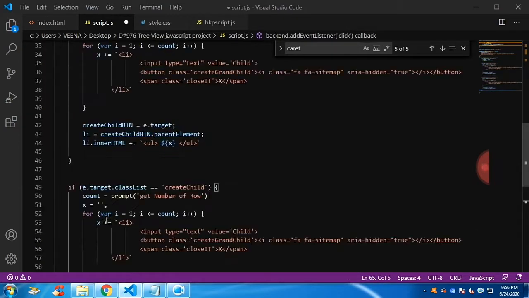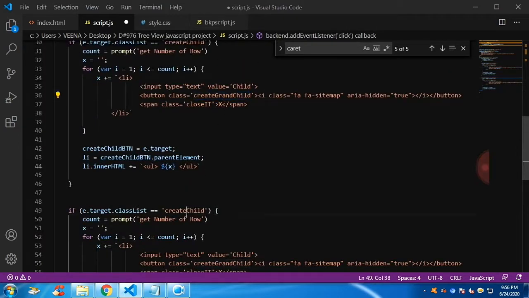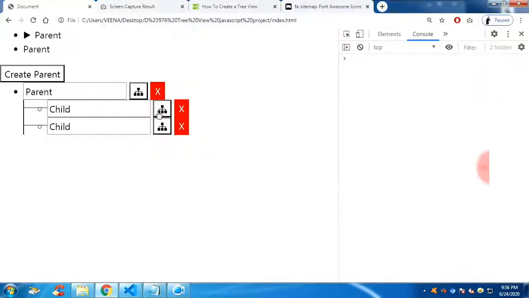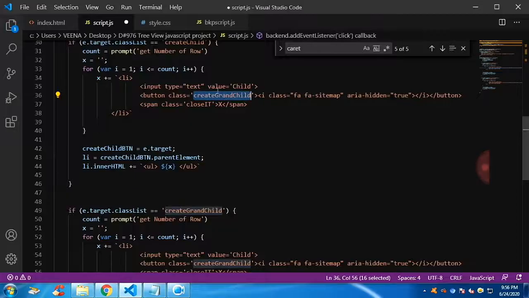So if the class is simply this, then the same way get the message from the user and dynamically convert it into the number of list items,